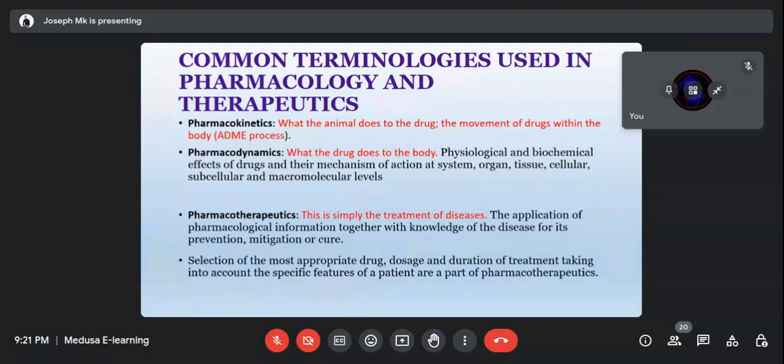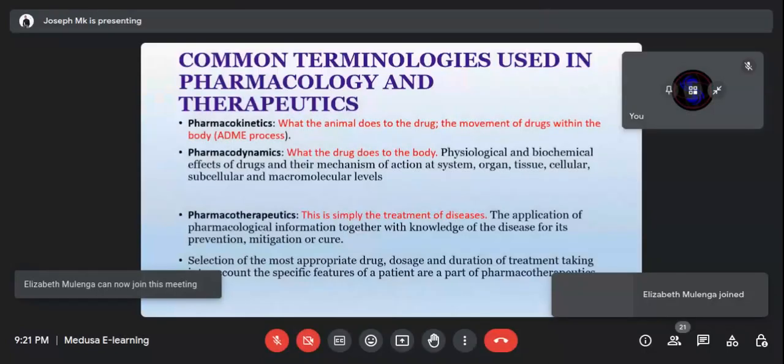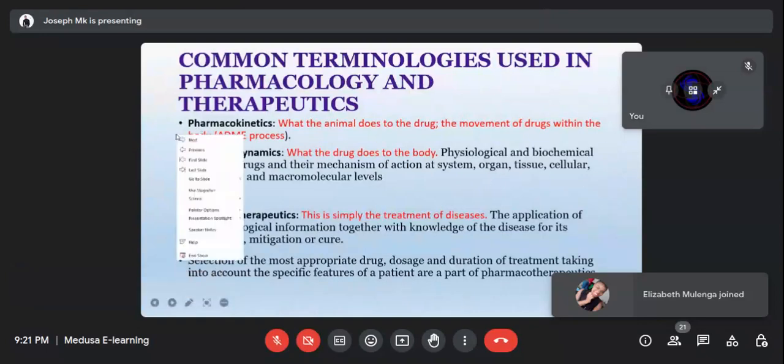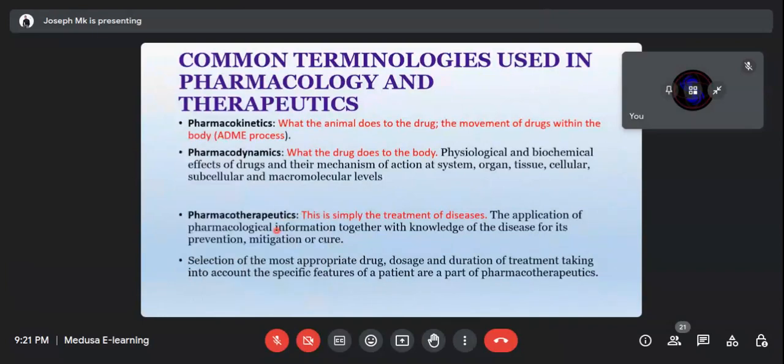pharmacokinetics, and this one is going to be our next topic, probably next week, if I'm not mistaken. Pharmacokinetics is a word which is made up of two words. We have the first one, pharmacon, and the next one, kinetics, or we can say kinesis. I'm sure you saw at first, from the definition where we split pharmacology into two, the first word was pharmacon. Even in pharmacokinetics, there is pharmacon, there is also kinesis.